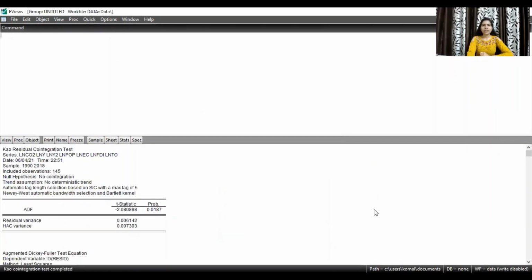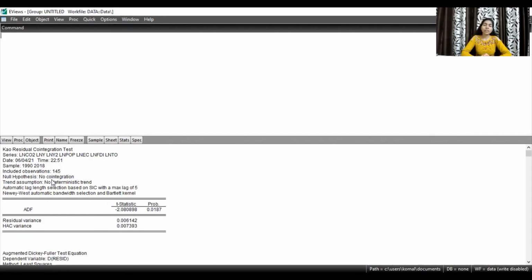Now you can see the results for the Kao test are mentioned over here. How do we interpret these results? In a co-integration test, the null hypothesis states that there is no co-integration among variables, meaning variables have no long-run association, whereas the alternative hypothesis states that the variables are co-integrated.